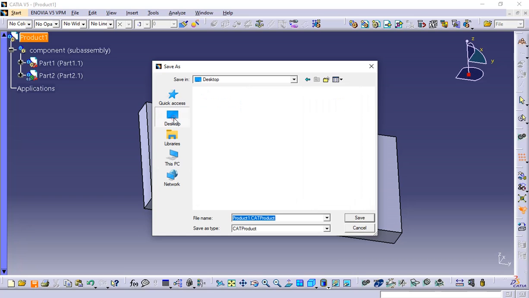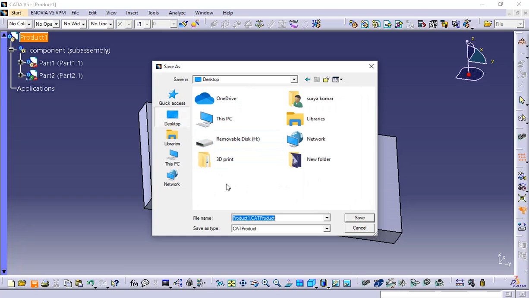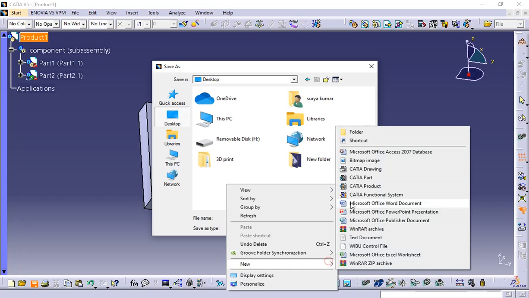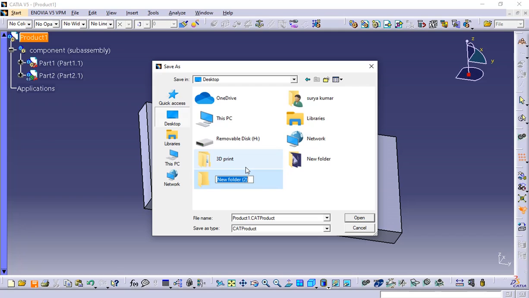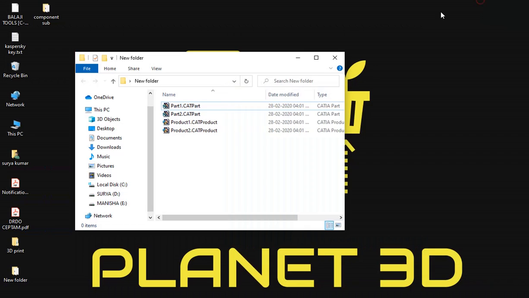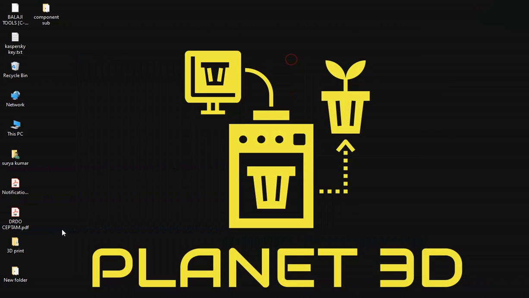So on the desktop, a new folder, we say component sub, open this. So in this, we save this. As so if you see here in the component sub,